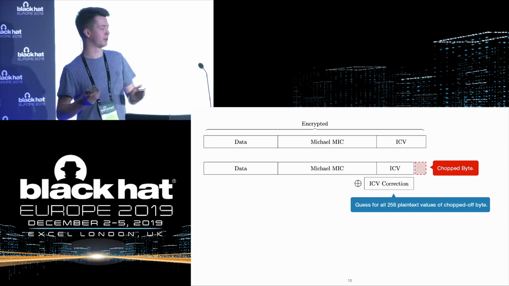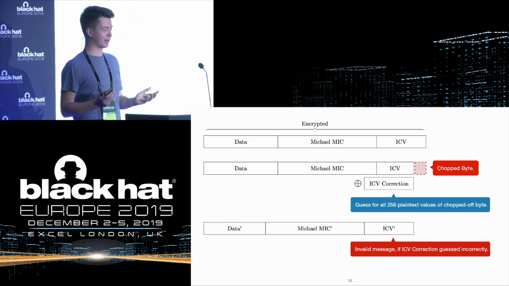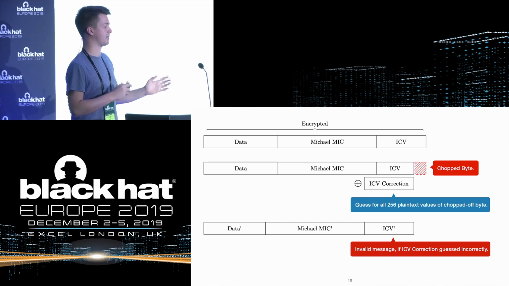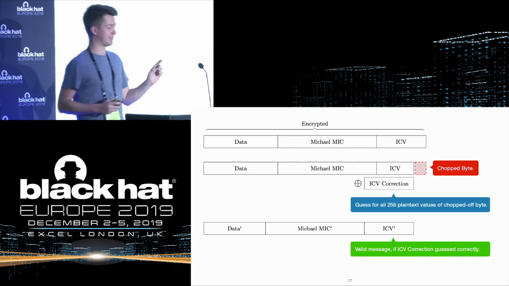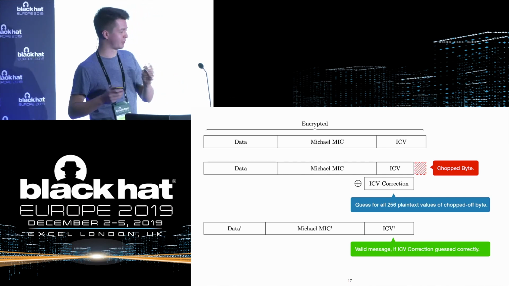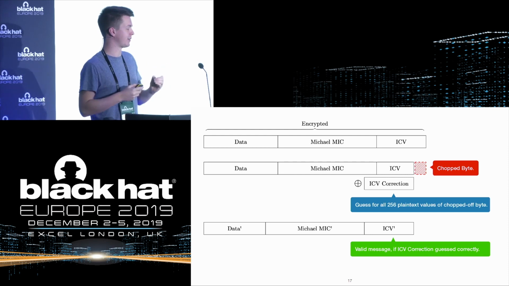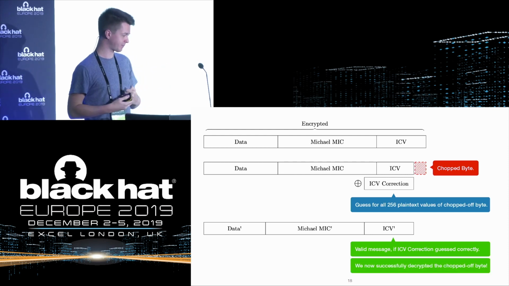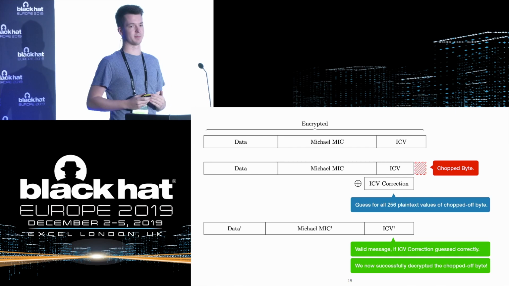So you have to try 256 times, for each of the possible values. And if you make a wrong guess, then this ICV is not valid, which means this frame is corrupt. However, if you made a right guess, then this is a valid message, which means on average, in 128 tries, we can figure out what is the plain text value based on this ICV correction. So if you know that you made a successful guess, then you have successfully decrypted the last byte.